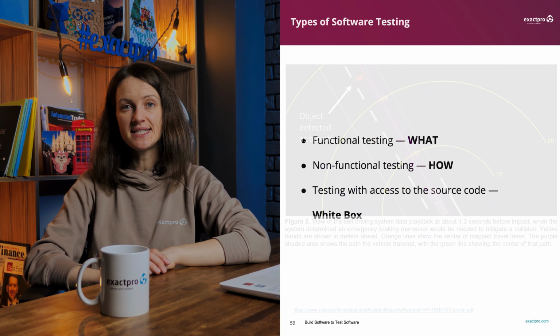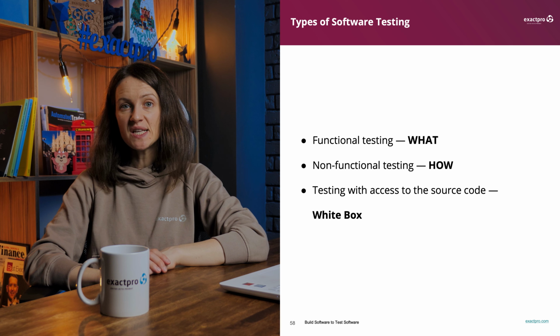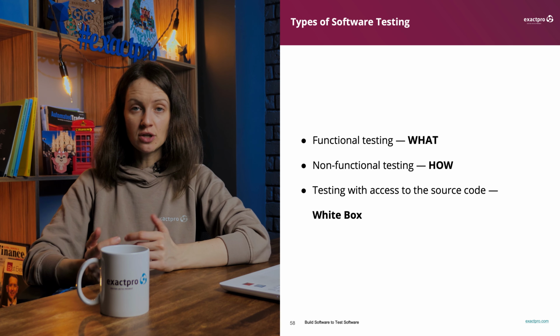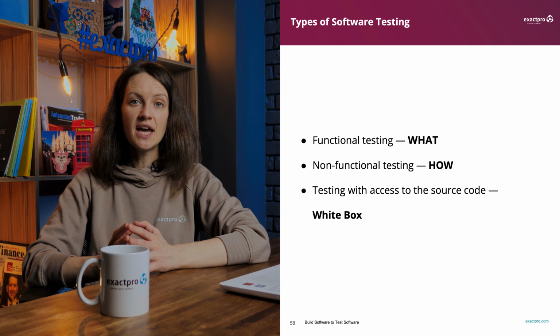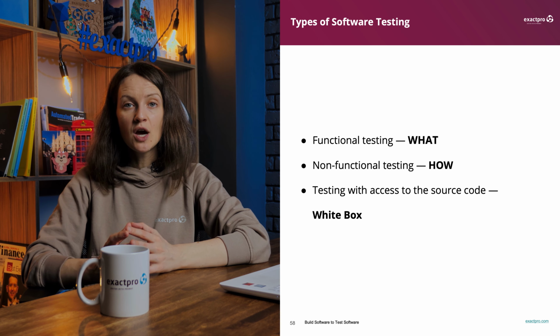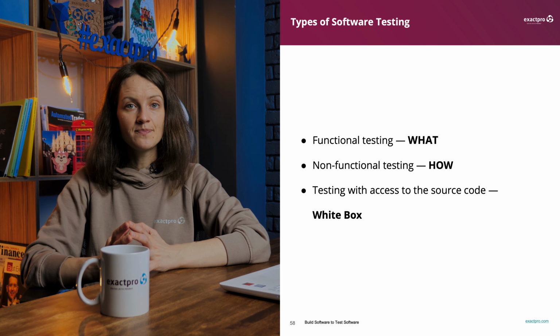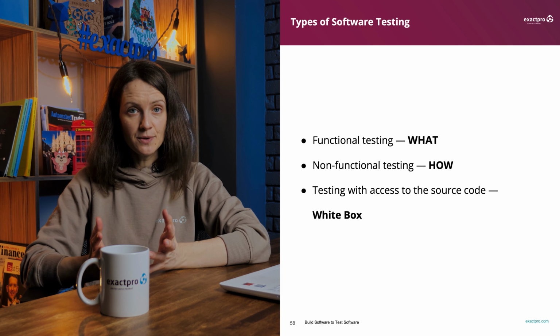Let's now move on to the test types. Testing can look for deviations from functional requirements as well as from non-functional ones. Functional testing answers the question of what. We look at what software does and we find defects. During non-functional testing, we check if the software complies with certain characteristics. Here, we try to answer the question of how. How does the software do it?